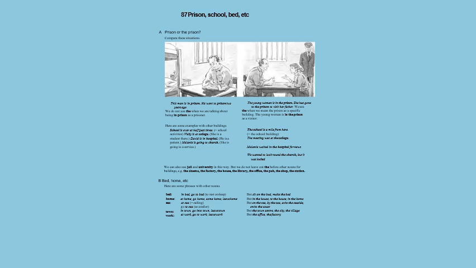We can also use jail and university in this way, but we do not leave out the before other nouns for buildings. For example, the cinema, the factory, the house, the library, the office, the pub, the shop, the station. सो हम जेल और यूनिवर्सिटी को भी ऐसे यूज कर सकते हैं। जो इसके अंदर से आपने चीज सीखनी है वो ये है कि जिस भी सिचुएशन में आप किसी खास चीज के बारे में बात कर रहे हैं,